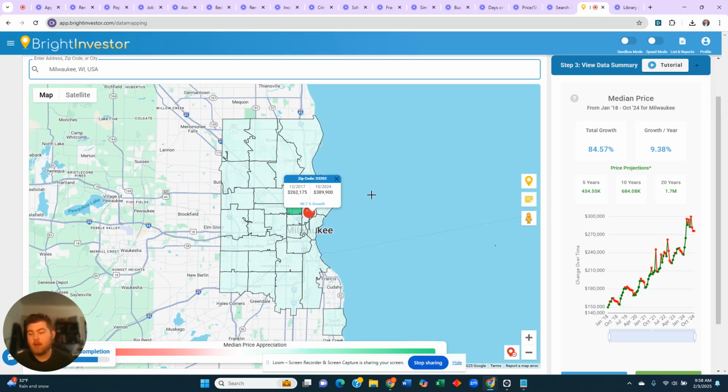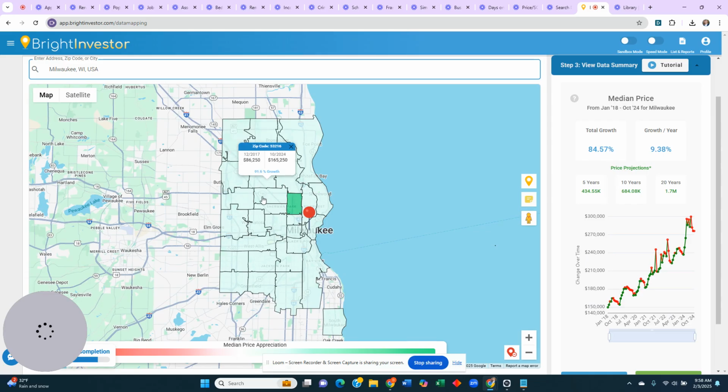And let's say your goal is to buy between $200,000 and $300,000. Well, I'm going to look around and say, where are home prices between $200,000 and $300,000 where the growth is more than what the city is doing? So basically an area that's growing faster than the rest of the city of 84%. So I'm looking around,